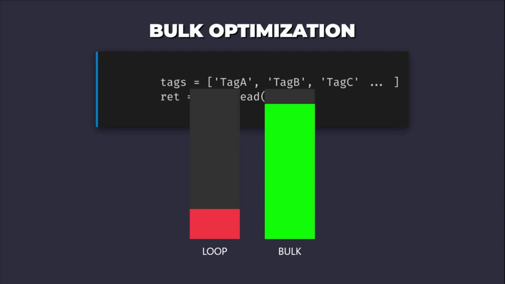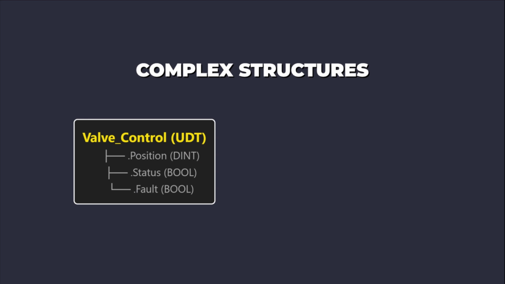For optimal performance, group tags that reside in the same memory bank or program scope. Avoid mixing program-scoped tags and controller-scoped tags in the same bulk request if possible, although Pylogix handles this transparently. Accessing elements within a user-defined type requires dot notation in the tag name string. If a structure named valve_control contains a double integer member named position, the access string is